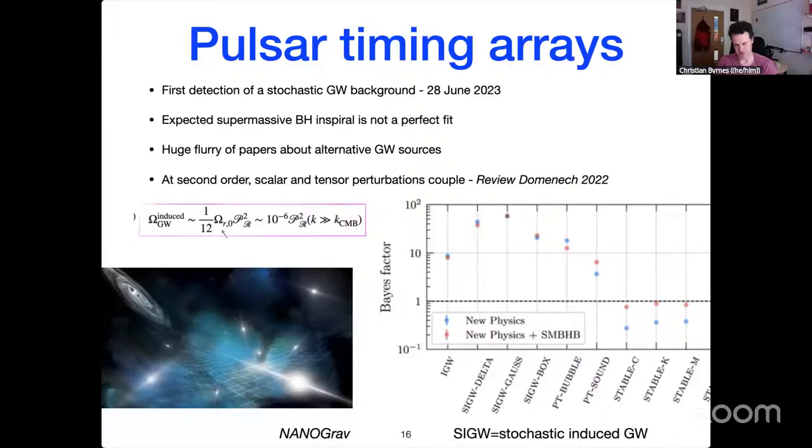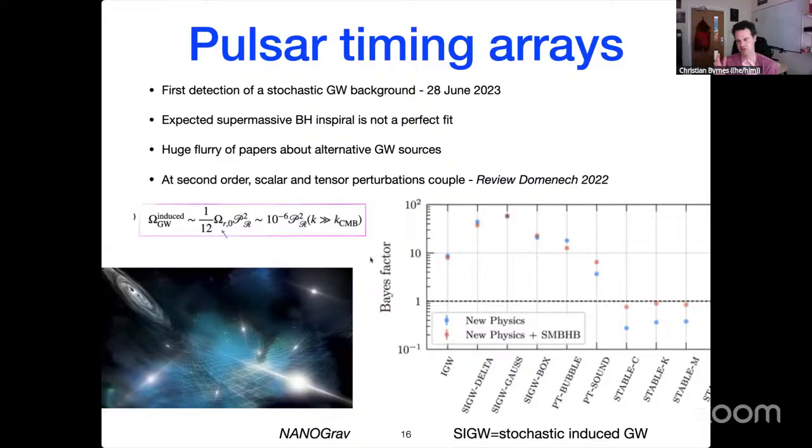But on much smaller scales, as I showed you, we only have constraints, and the constraints are rather weak, of order 10 to the minus 2. So it's possible the perturbations were much, much larger on these small scales. And then the scalar perturbations, if they're of order 0.1 or 0.01, will generate, in fact, an observable amplitude of gravitational waves at second order, hence the scalar-induced gravitational waves. Very roughly speaking, the amplitude is proportional to the power spectrum of scalar fluctuations squared, because it's a second order effect, so you need the square of the linear fluctuation to generate anything, and then it's redshifted like the radiation.